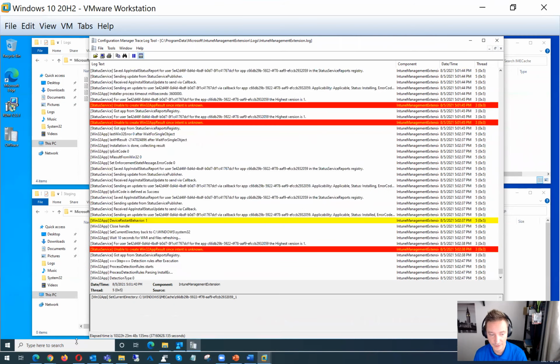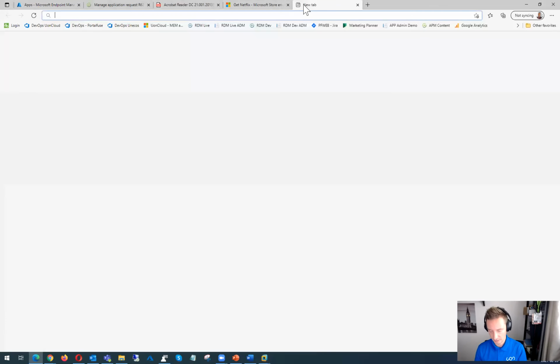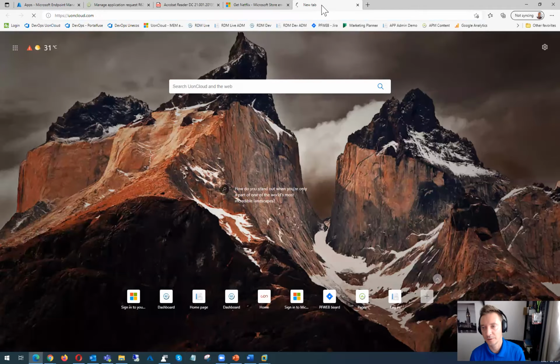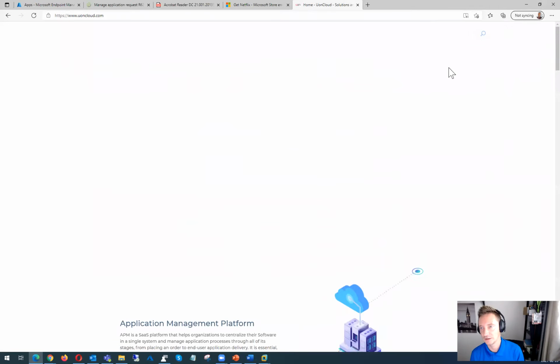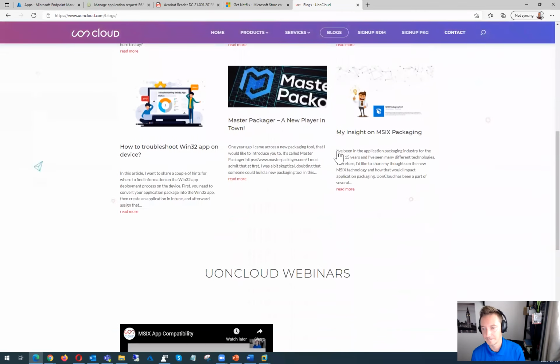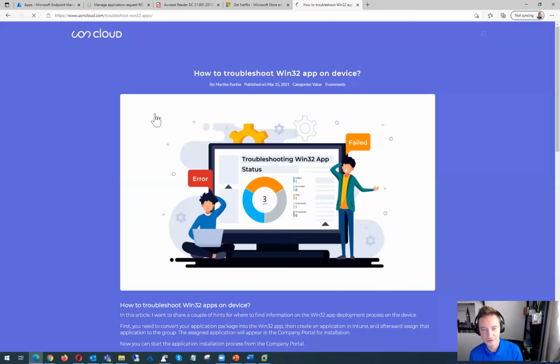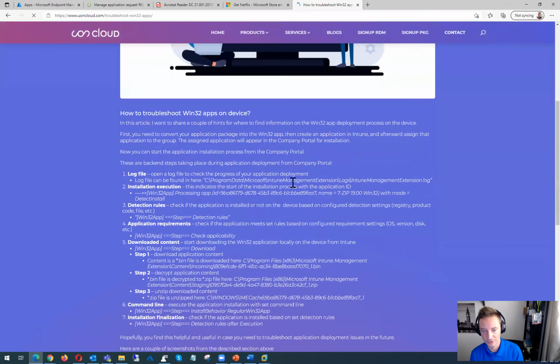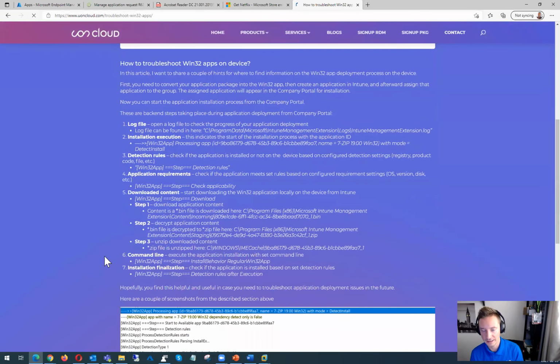You can go and find this information on our site. We wrote a blog post some time ago where you can find information on how to troubleshoot and where to look for information about Intune applications. So in here, you can find how to troubleshoot, where to look, installation execution, detection rules, application requirements, download content, where it is downloading, as well as the command line. So what I can see, if I just copy this one and installation behavior, I'll copy this